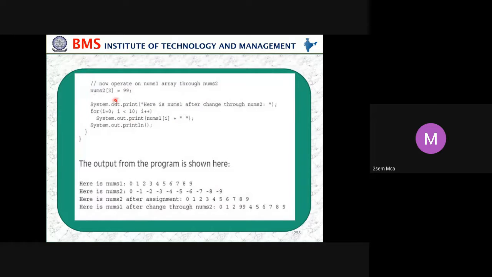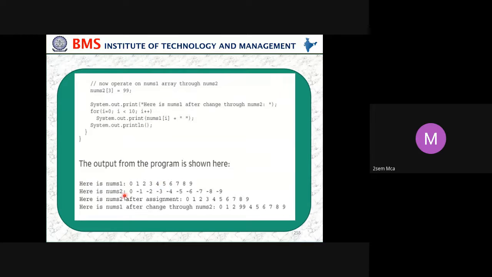And then 99 is assigned to array 2. In which position? Here we have given 3. So in place of the third position, we change the value to 99 and display the changed arrays, num2 and num1 also. Num1 starts from 0 to 9.